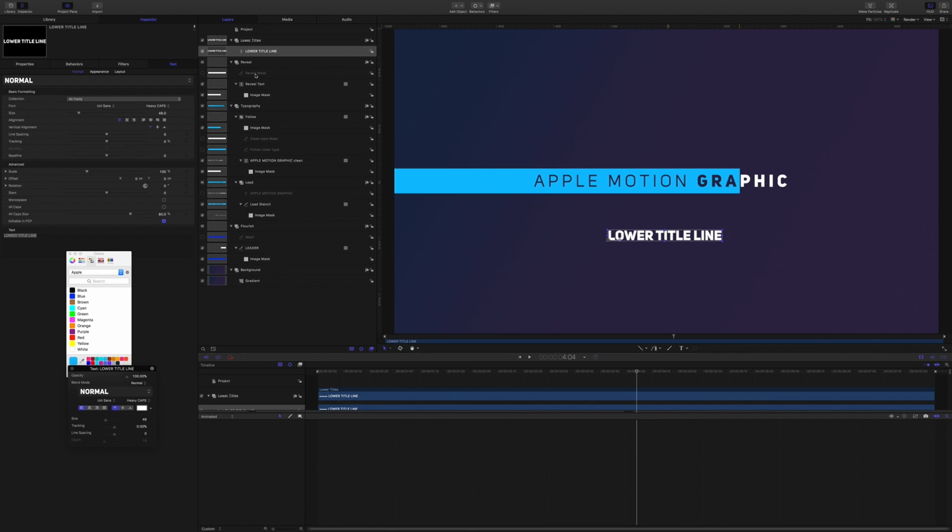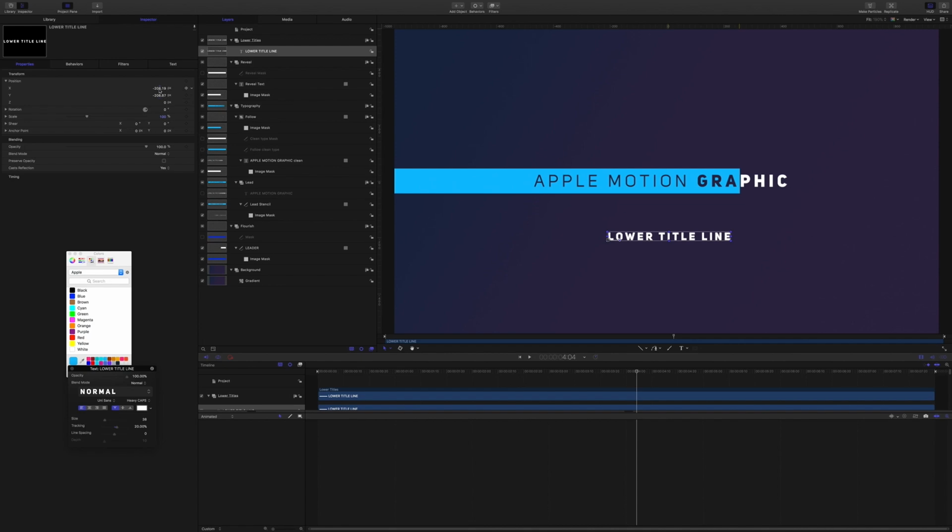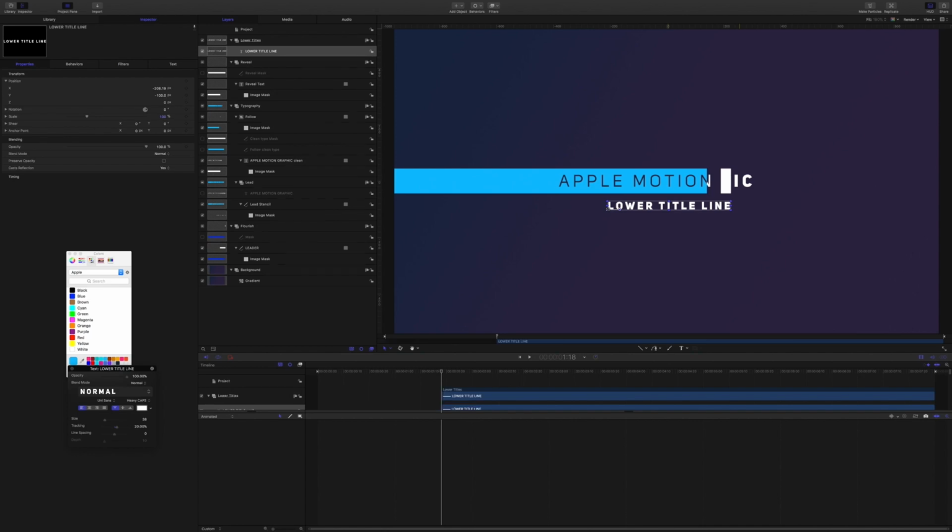Right then, so back to the titles. I want the font size at 38 and the tracking at 20. We don't need to center this text alignment. I'll come into the properties and set the Y position value at -100, and I'm going to move the playhead to 1 second and 18 frames and use the I hotkey on my keyboard to trim the title element there,